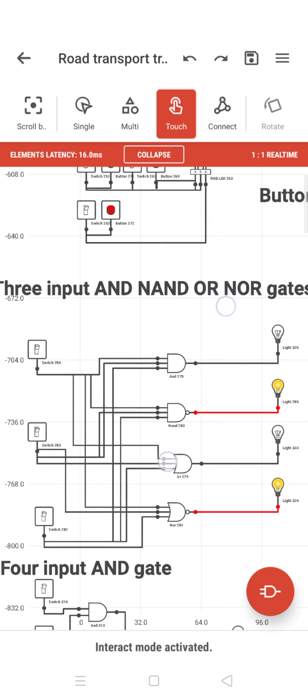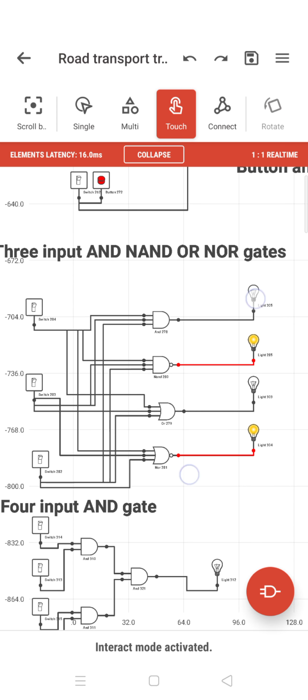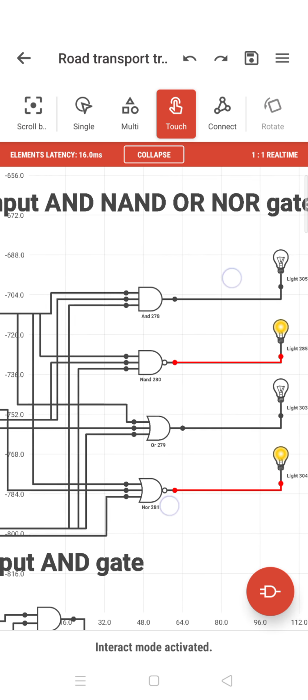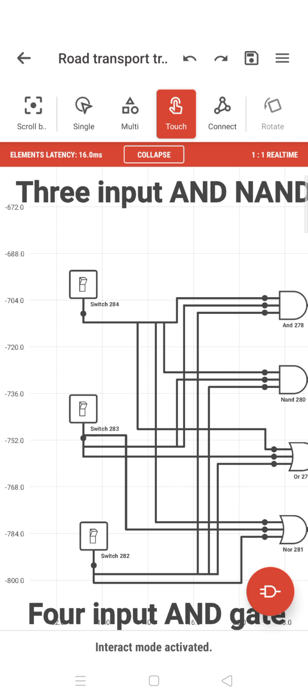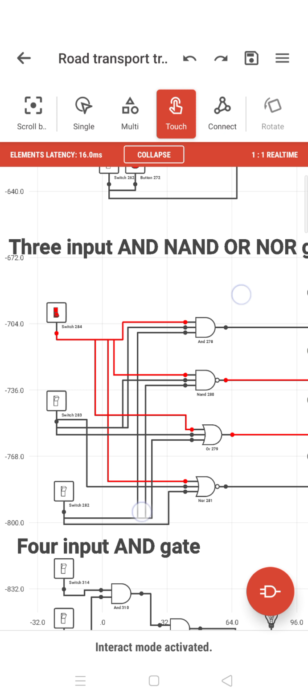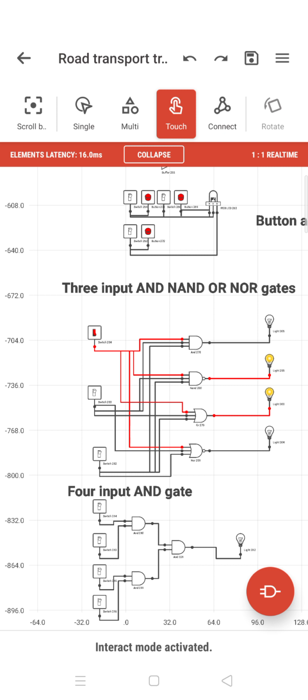Now I have gone into a 3-input AND circuit. Similarly, the light can be controlled with 3 inputs. Okay, 3-input AND. How to create 3 inputs? You have to have 3 inputs and different kinds of AND circuits. So I can switch it on. Then this is what is generated. Then I switch on this. Then you have these two on, but there is no other output. Okay. Now I have all 3 on. Then immediately the first bulb and the third bulb go on. Okay. Now I turn off this.